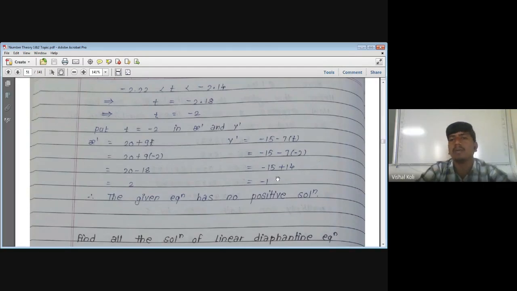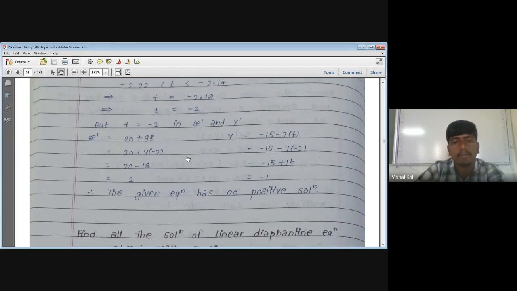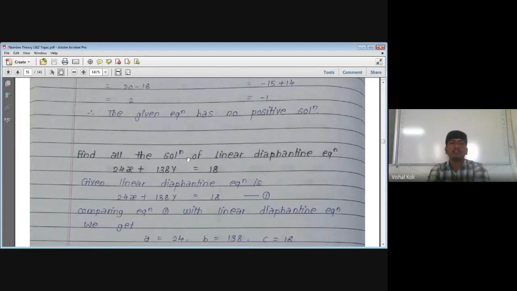But here if we put t equal to minus 3, then we get the value of y dash is positive, but the value of x dash is negative. Therefore if we take any integer value nearest to these terms, then we get at least one among these two x dash and y dash is negative. Therefore the given linear Diophantine equation has no positive solution. Okay. Now similarly, we have to solve this one, whether this linear Diophantine equation has a solution, and